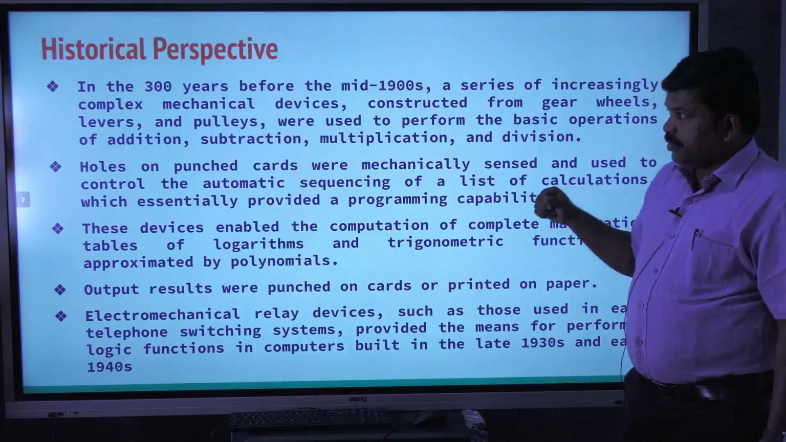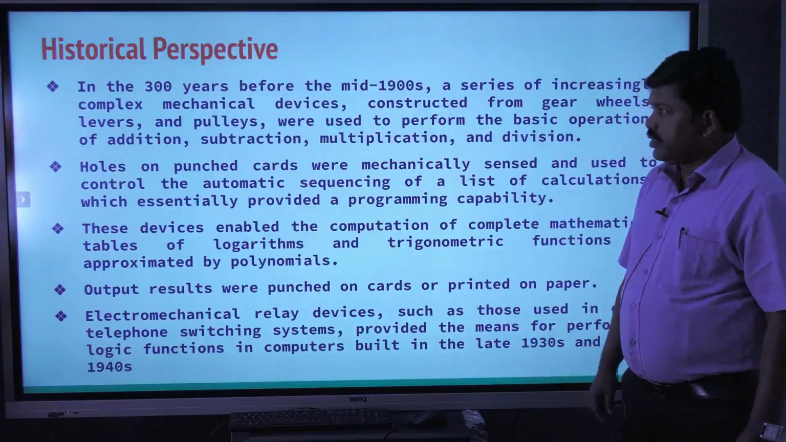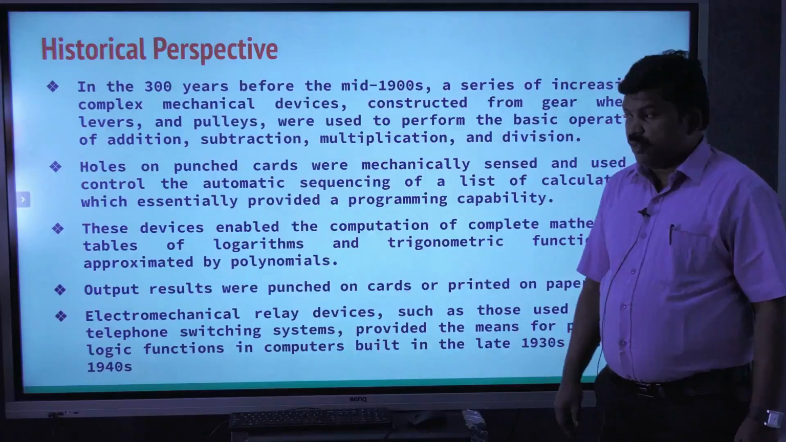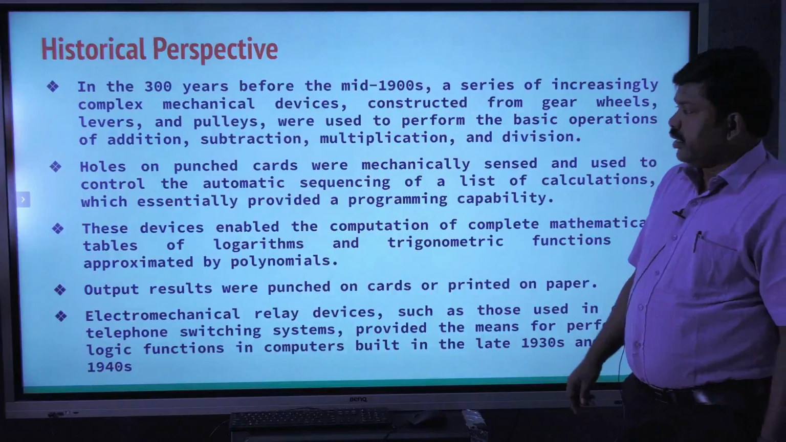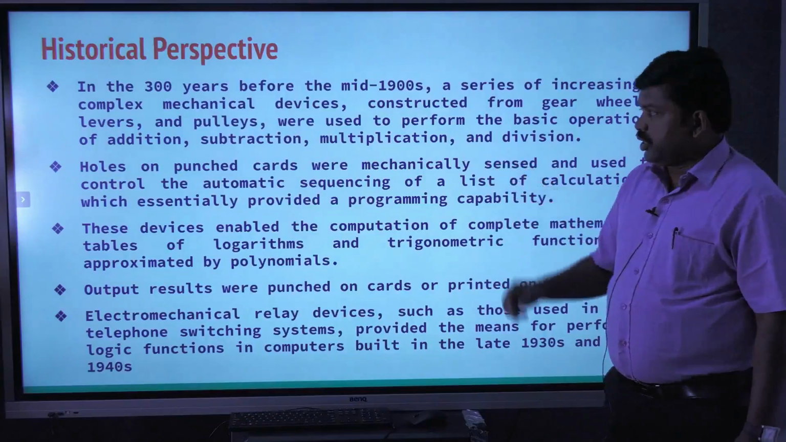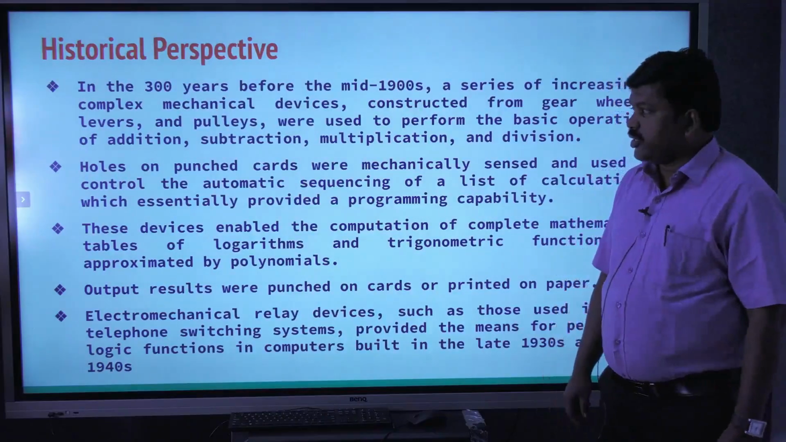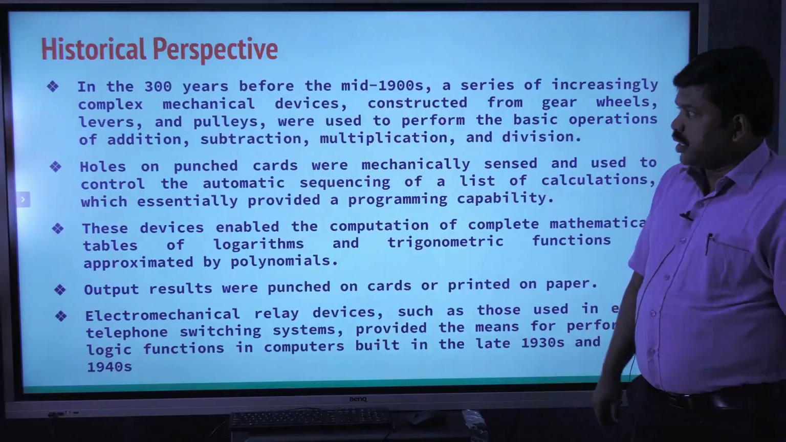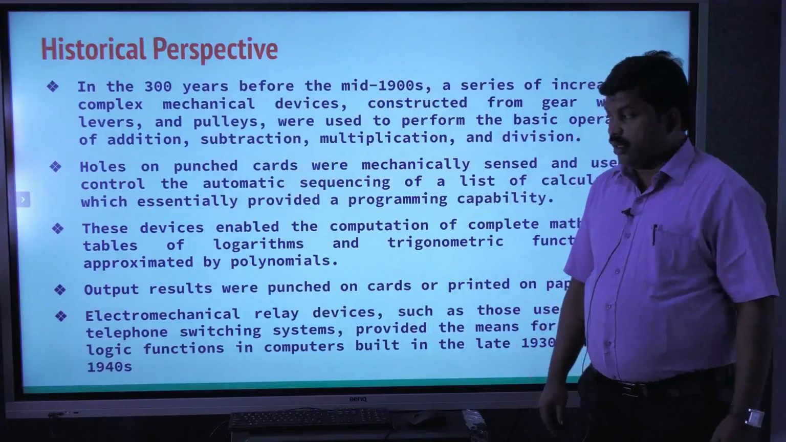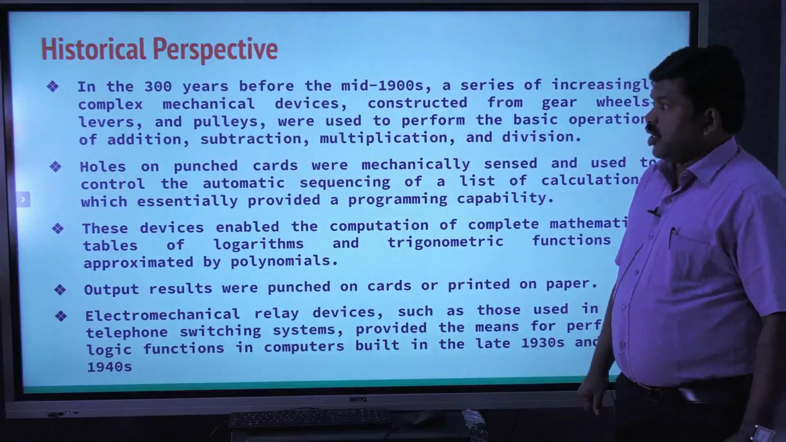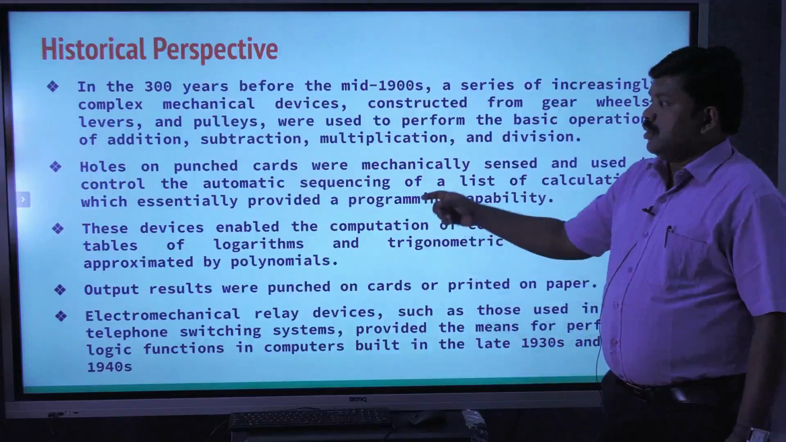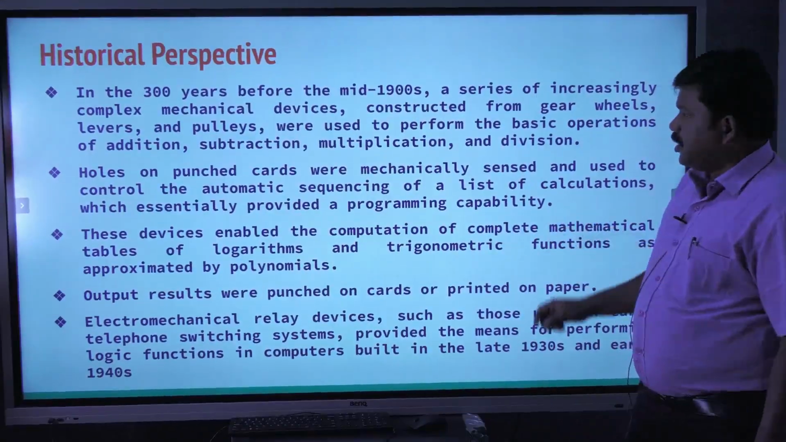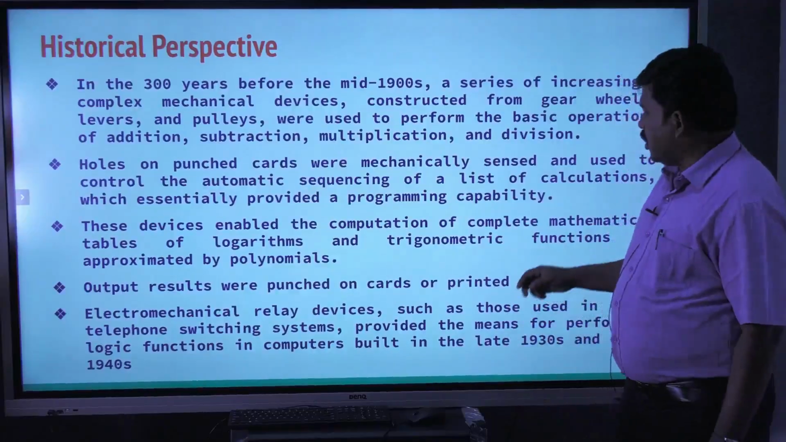A series of increasing mechanical devices and innovations pulled the computer industry to go for designing the automation of addition, subtraction and multiplication operations. Especially gear wheels, levers and pulleys were used for the basic construction of computers. They used holes on punched cards, mechanically sensed, to control the automatic sequencing of a list